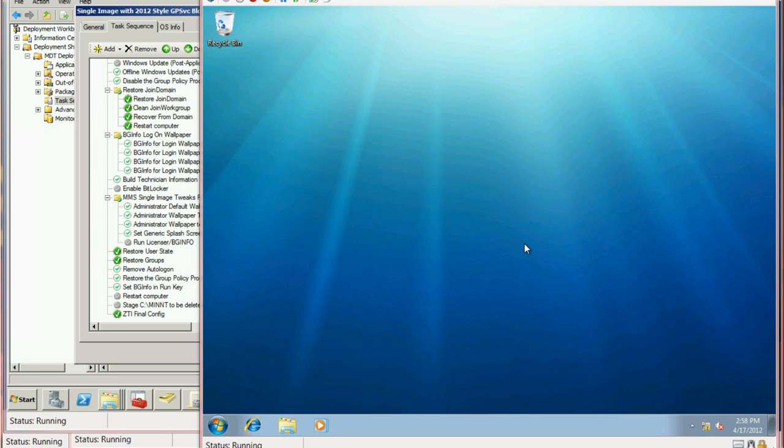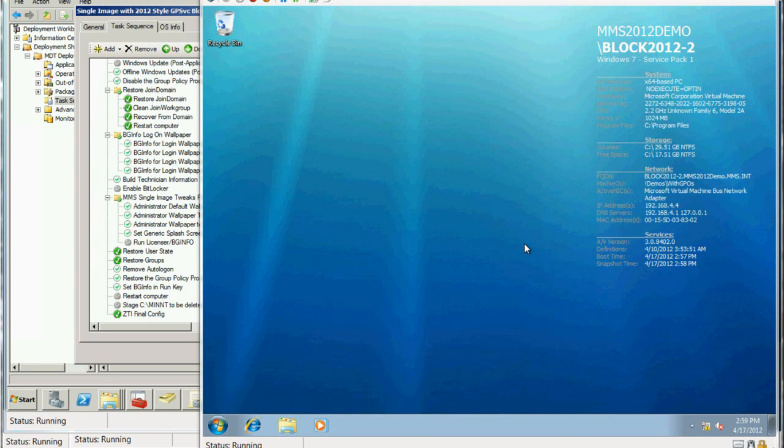Here in a moment, if you attended yesterday's session that failed miserably, you'll actually get to see the part that didn't work yesterday work, if it ever gets around to it. And now it's created a custom wallpaper based on that specific machine, displaying some key information about the machine, and set up in such a way that the end user can, with a simple keystroke, refresh the data when they call the help desk to say something isn't working,